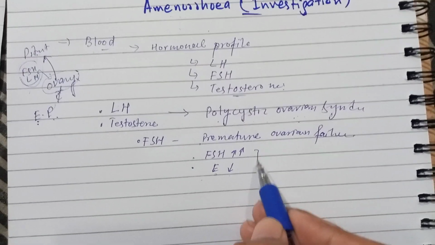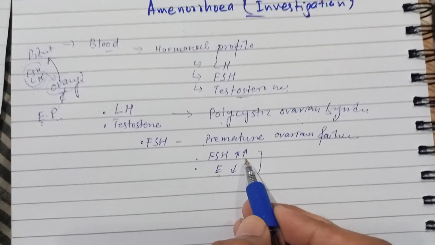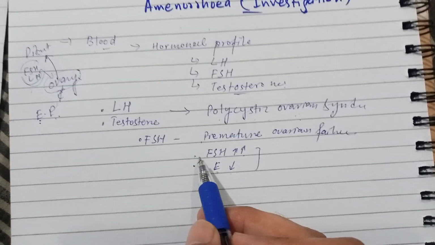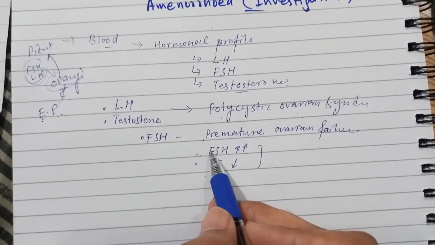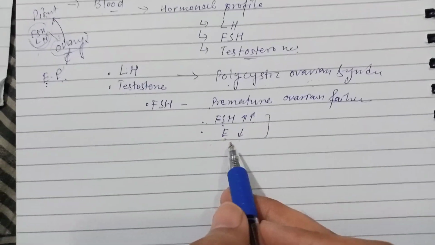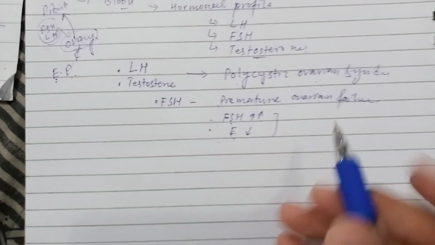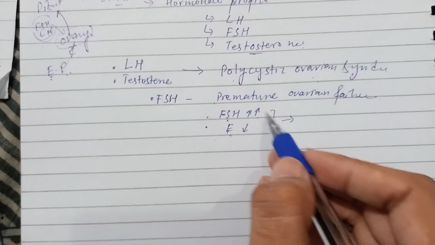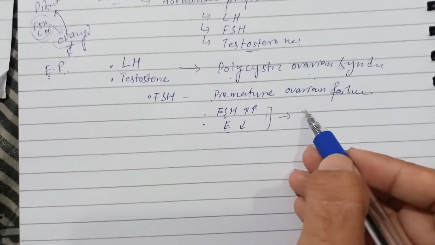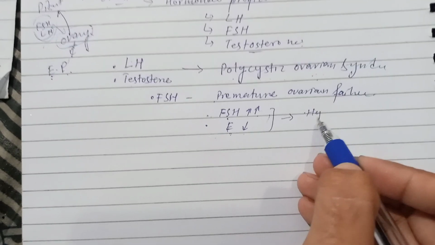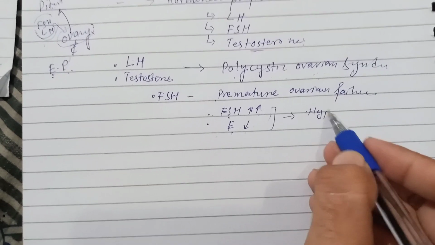So if the FSH is increased due to the activation of the pituitary that continuously releases it, and estrogen is decreased from the ovarian cells, the combination of these things,